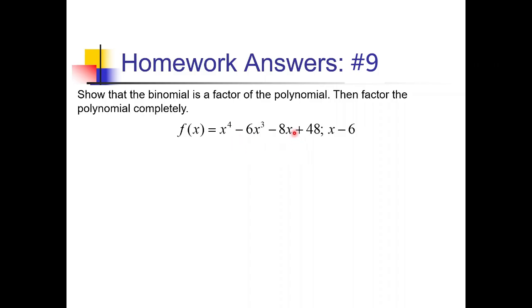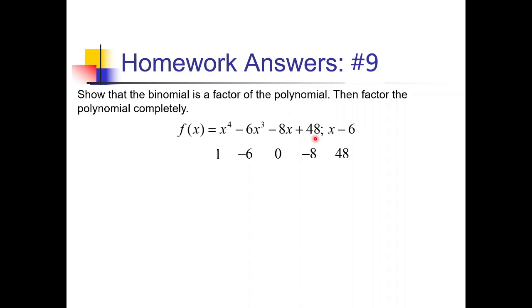But they want us to show that x minus 6 is a factor, so this kind of forces us to take the synthetic division route, at least for that part of the problem. And I mean, once we've started down that road, we might as well just continue down it. So, using synthetic division, we've got a 1 for the x to the 4th, that's our first coefficient. Then we have a -6 for the x cubed. Now we are missing an x squared, so we need a 0 placeholder for that,